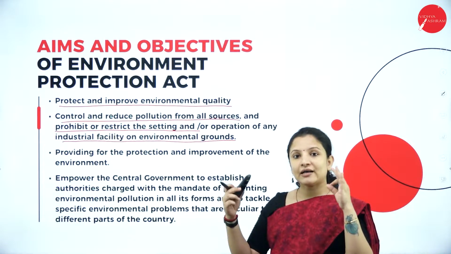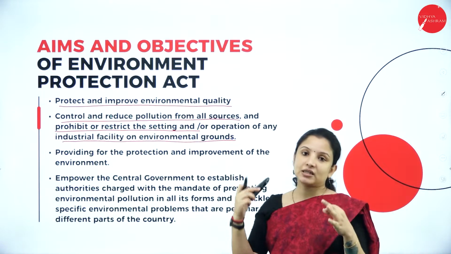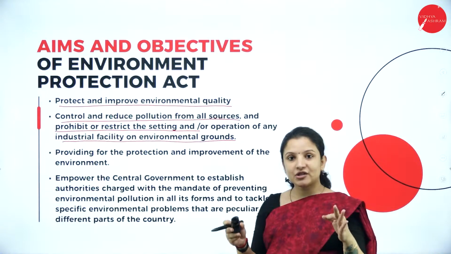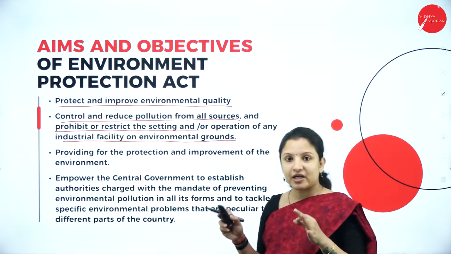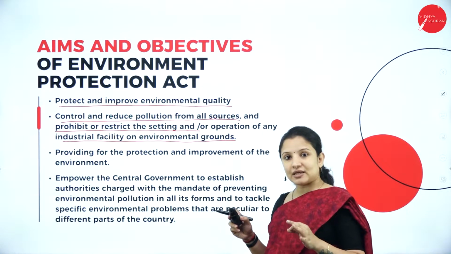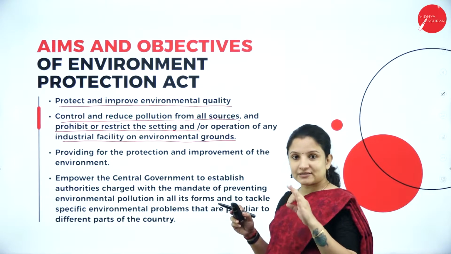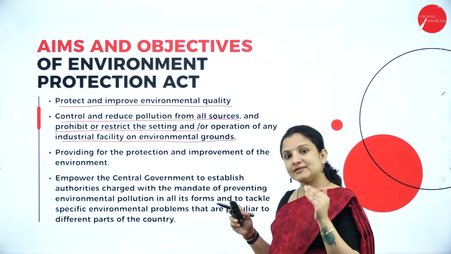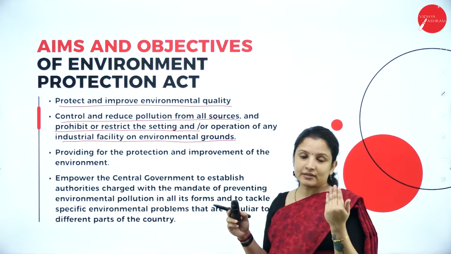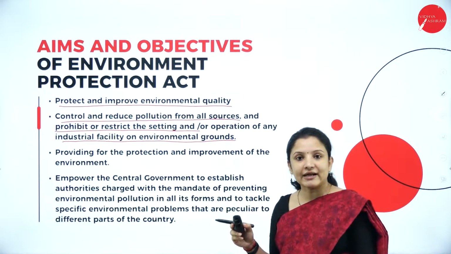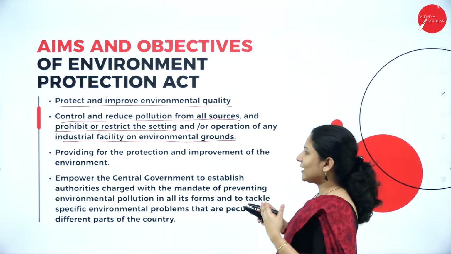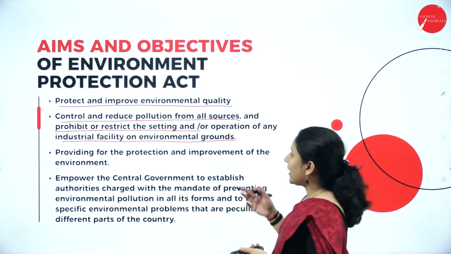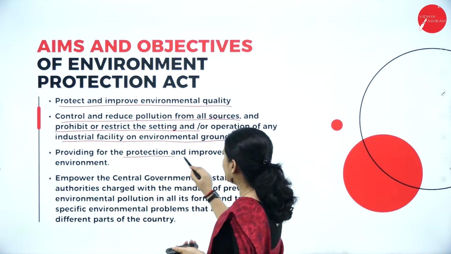The chimneys, that is the exhaust pipes in the industries, have to be of a certain height, and industries should not be placed in a highly populated area where human beings are inhabited, or in an area which has good fertile soil. So industries are usually set up in areas where no other plants can grow, that is, barren lands are usually preferred. So like that, different laws are put under this particular environmental protection,